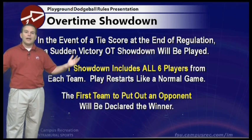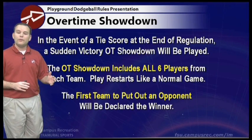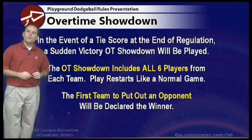Now, what if we're tied? If it's 4 games to 4 games at the end of 30 minutes, we have a way to break that, and we'll break it in overtime. In every one of our matches, including the regular season, we will play the overtime showdown. What happens is we just start up a new game. We start up a 6-on-6 game where both teams start at the baseline, and the first team to get someone out on the opponent's side wins the game. So one and done. It's very quick, but it gives us a winner,